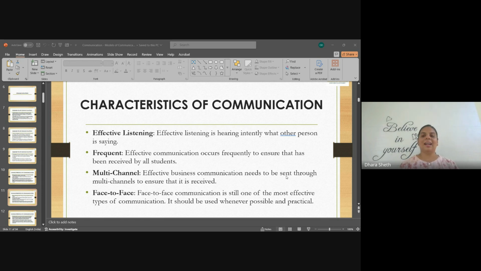So that makes understanding or comprehension of the message very easy, because words are only a very small part. The rest of it we'll talk about when it comes to verbal and non-verbal communication, probably next year, I guess.